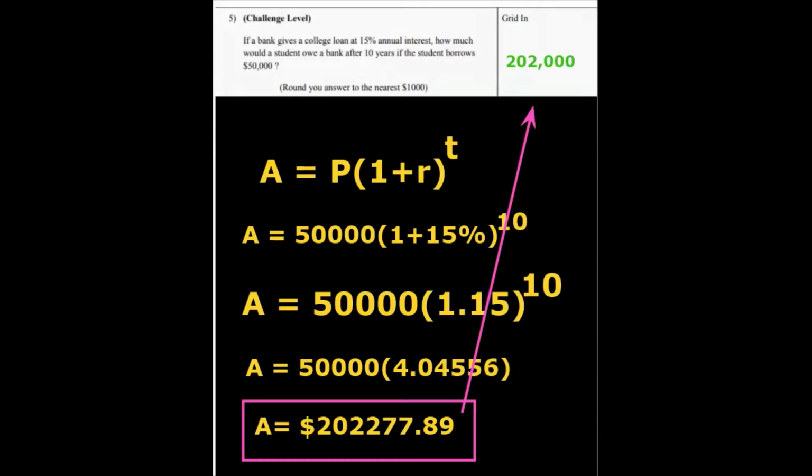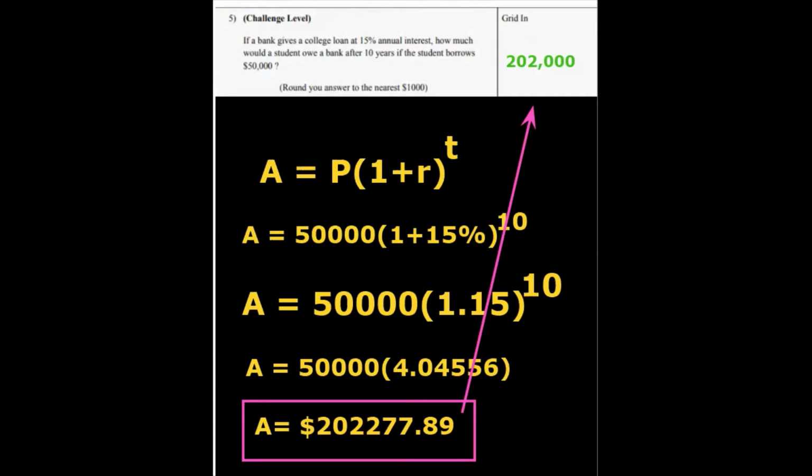Question 5. If a bank gives a college loan at 15% annual interest, how much would a student owe a bank after 10 years if the student borrows $50,000? Round your answer to the nearest thousand. Here we use the compound interest formula, because at the end of each year, the bank will charge a fee of an extra 15%. But the student will not be paying during this 10-year time, as she or he is getting a college education and finding a job. But during those 10 years, the $50,000 is going 15%